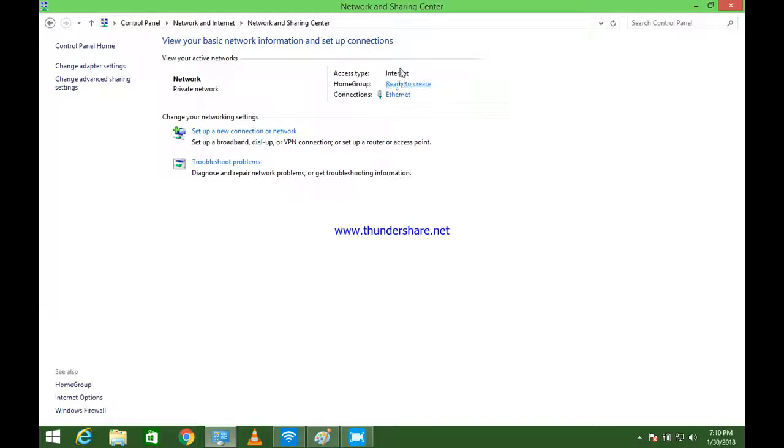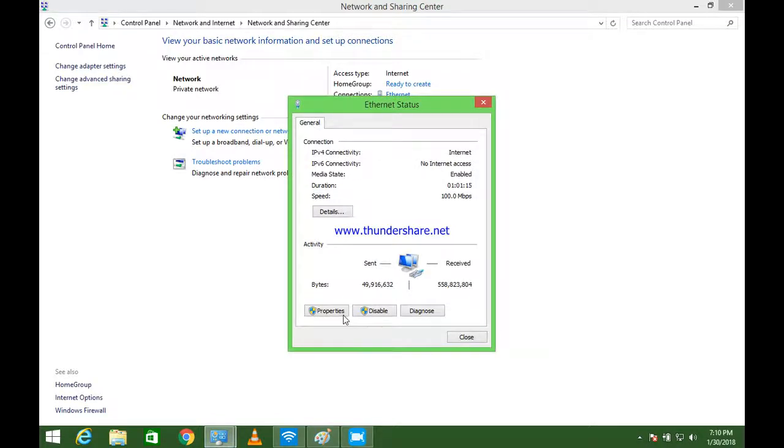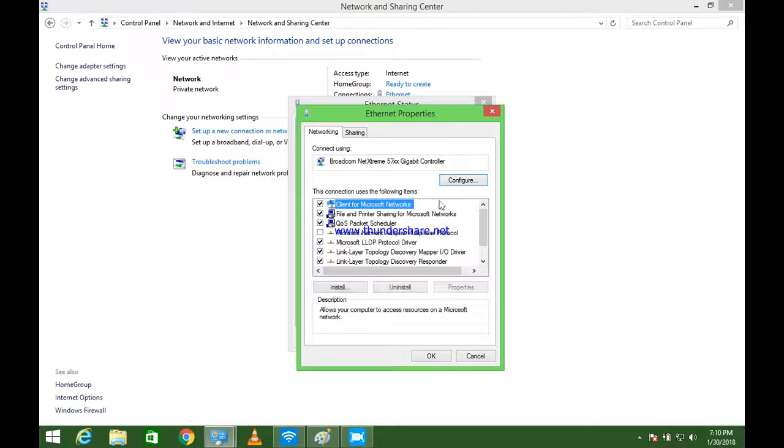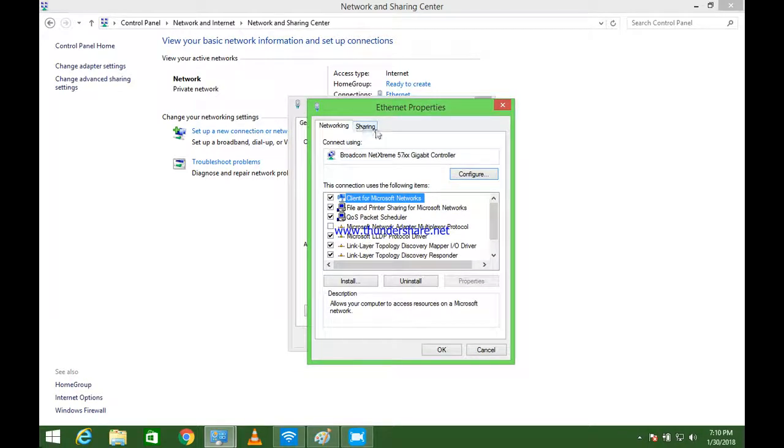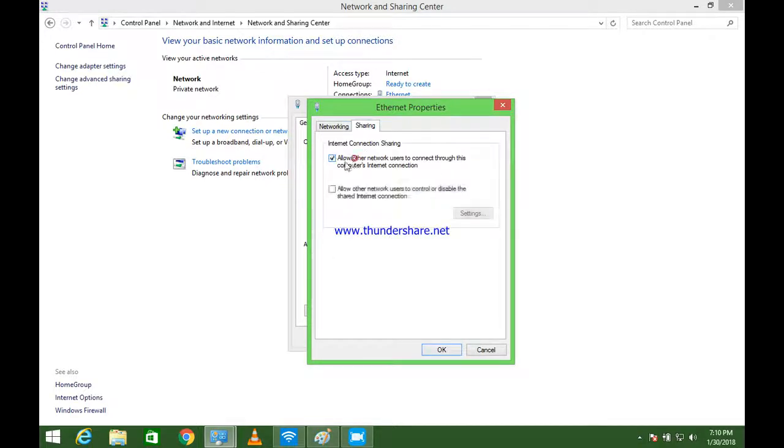Okay, so there are three options. You need to click on Ethernet, click on Properties. That will pop up one dialog box. Okay, now there are two tabs, one Networking and another Sharing. So you need to click on Sharing,